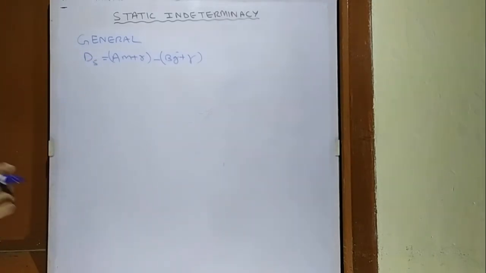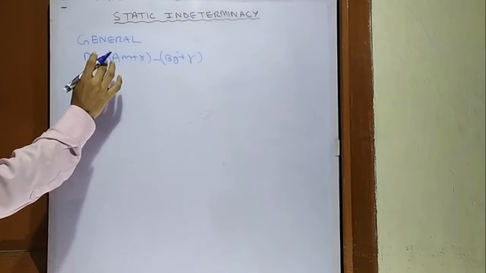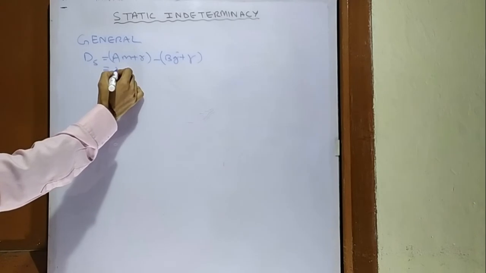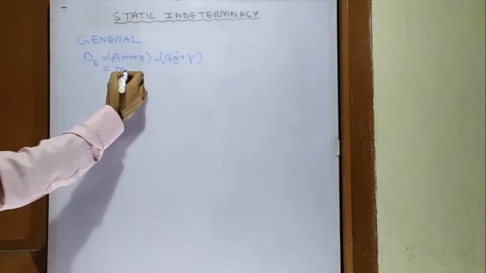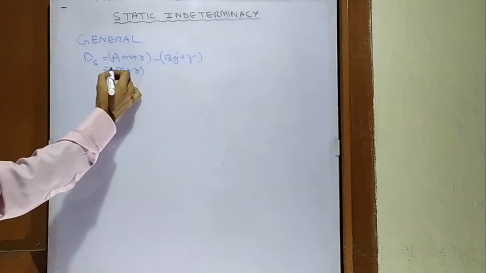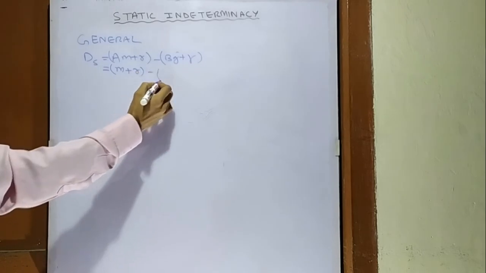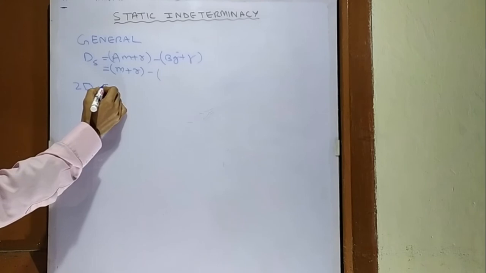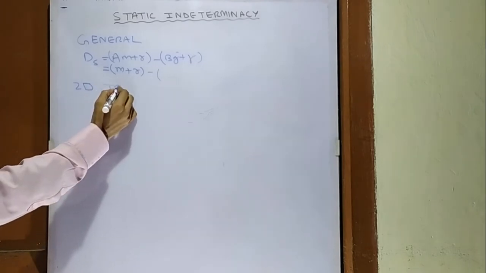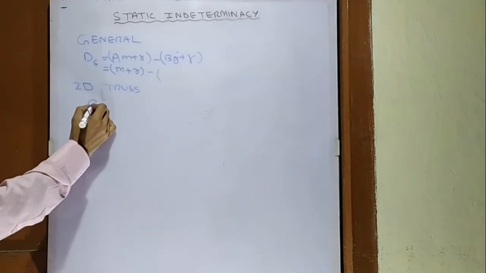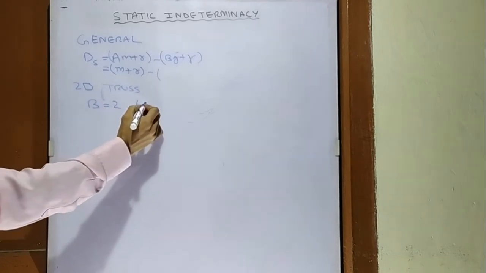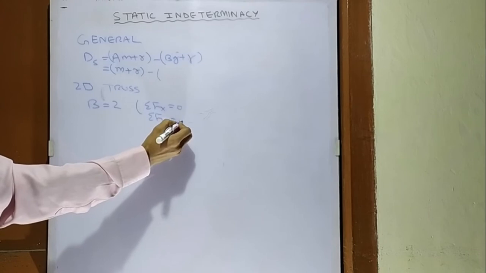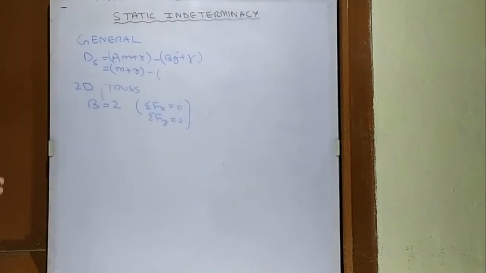Okay, for 2D truss. Now we have seen that in truss there will be one action, which is axial force, so a will be 1 and we multiply it. And what will be r? R we will know from our structure. And what will be b? For 2D truss, b will be equal to 2, because we will only have sigma fx and sigma fy equal to 0. Okay, there will be no moment,